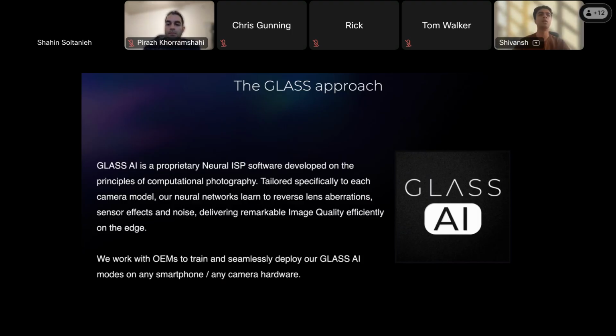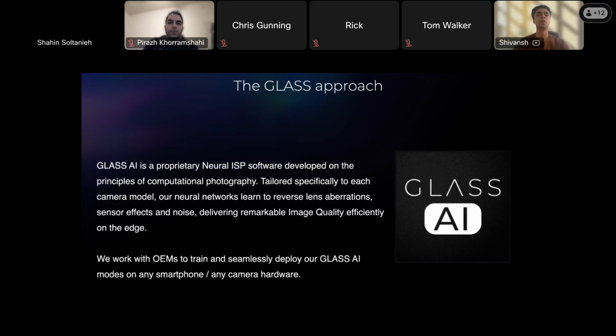We believe this is very critical when we intend to build a neural ISP pipeline, because until our neural network is aware of the physical and optical properties of the camera, it is quite difficult for it to enhance the image quality. This neural ISP block, which is Glass AI, is not a basic image enhancement software which works on top of RGB images.